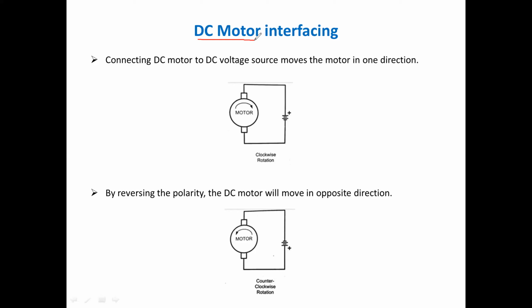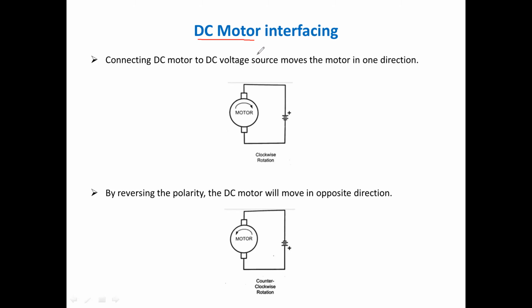So there are different types of motors available in the real world. Starting from 5 volt to 12 volt, and 120 volt to 230 volt DC supply, motors are available in different categories. These types of motors can be controlled either in the forward direction and also in the reverse direction.